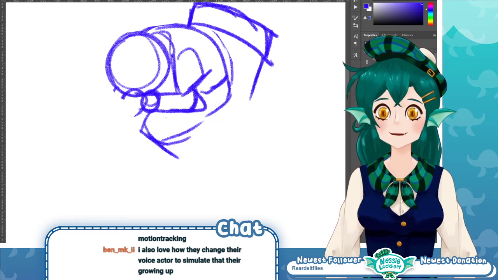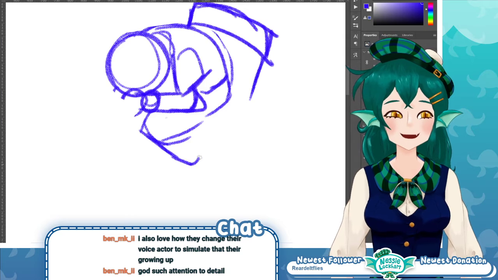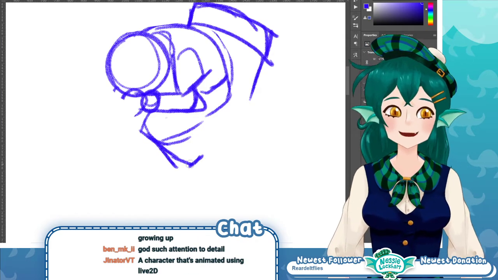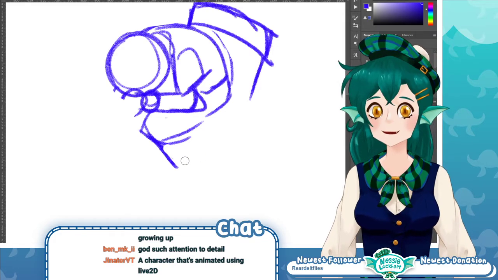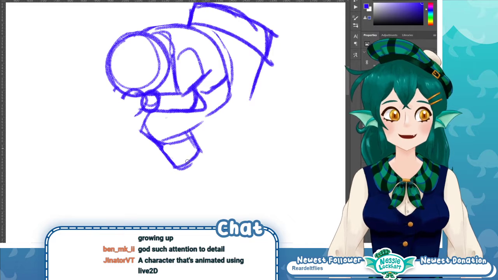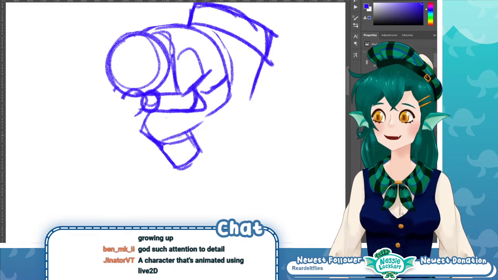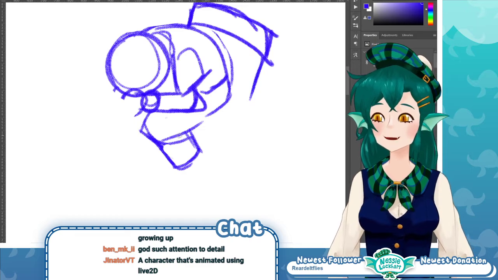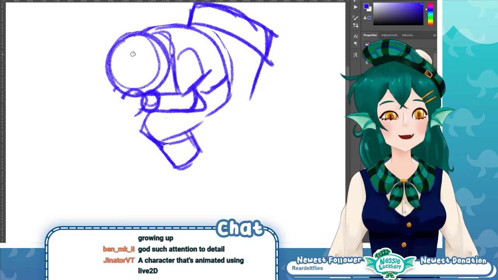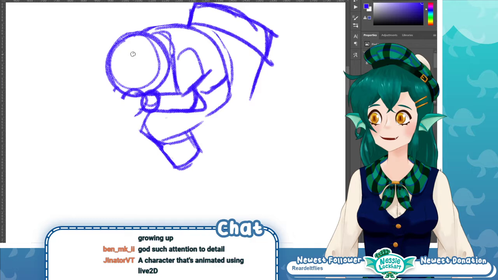Since there is a style for motion tracking. Yeah, I mean, definitely motion tracking has a look, but something I really love about Live 2D is that, I'm probably gonna go a little bit more into this when I do my Live 2D rigging stream, but I feel like you can still see the animator's style come through when you see different Live 2D models. Especially when you're looking at the really good professionals.